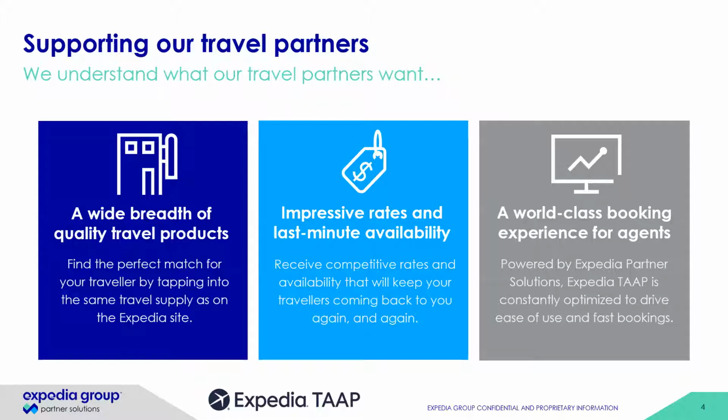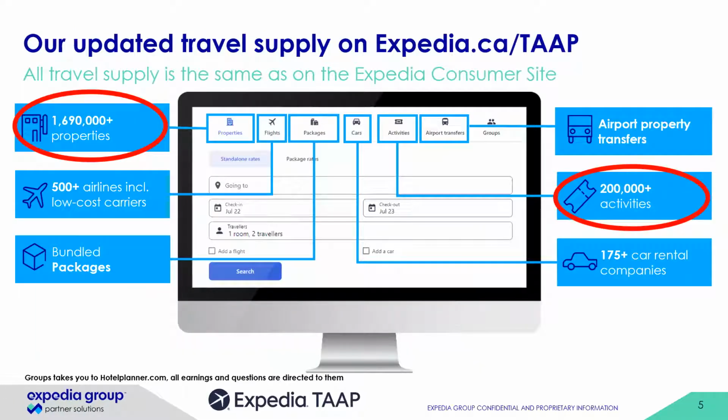Anyone who has bought a product online can use TAAP easily. The platform is constantly being optimized to drive ease of use. So a few years ago, in 2019, we did over 1,000 tests to help optimize the platform on TAAP as well. So the Expedia Travel Agent Affiliate Program has the same travel supply and availability as what you would find on the B2C